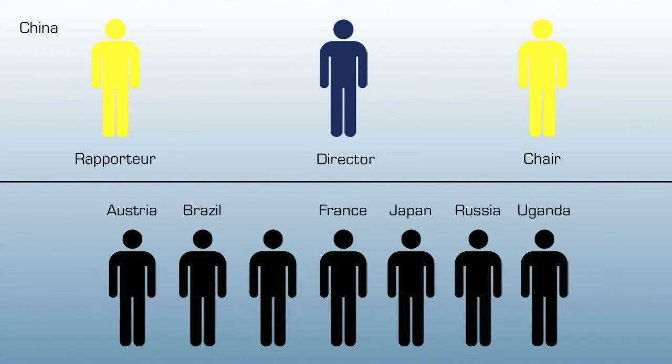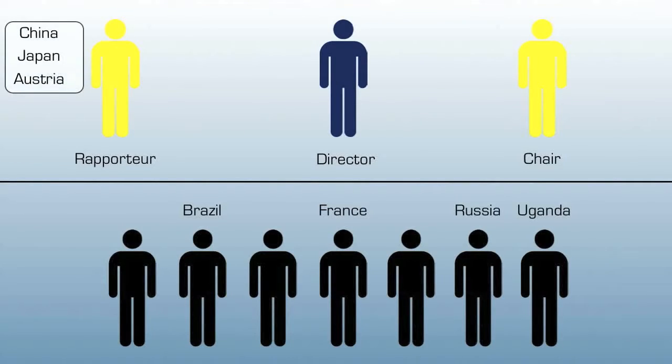A speakers list is then established for the new topic. This is done by member states submitting their name to the rapporteur, who compiles them into a list and puts this list up for everyone to see. The chair will then hand the right to speak to the various countries in order of the speakers list. A country is then removed from the speakers list.